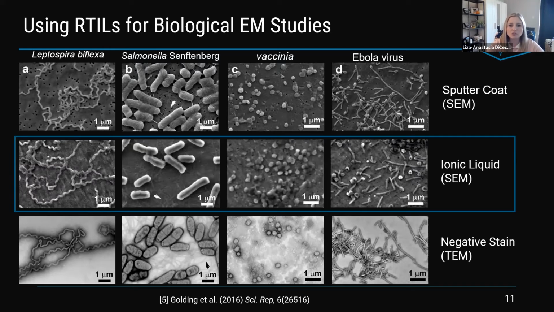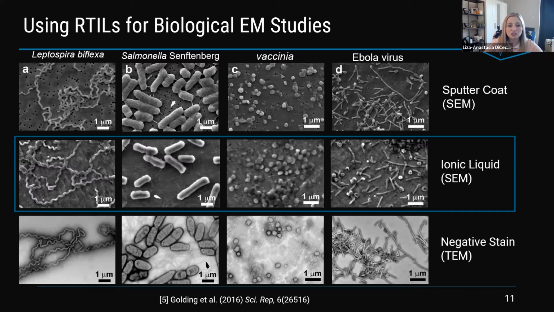And when they were doing some on one of these microbes, they had done some measurements of the morphology sizes, and they noted there was a better conservation of the natural size and morphology of their samples in comparison to past cryo-EM work that they had done. And again, there's a mitigation too of some sample defects that seem to come up from the preparation methods, such as flattening of the samples or dehydration effects. So that really helped inspire me and get me interested in a lot of biological ionic liquid work.